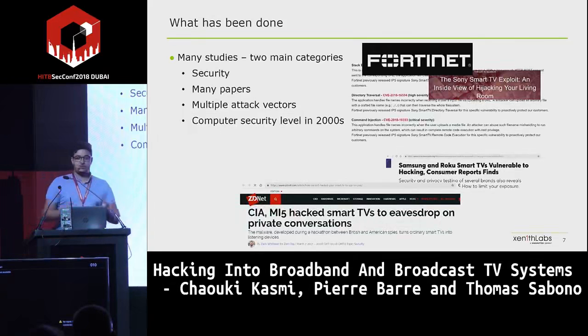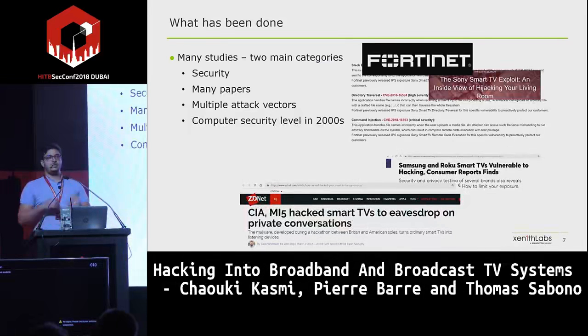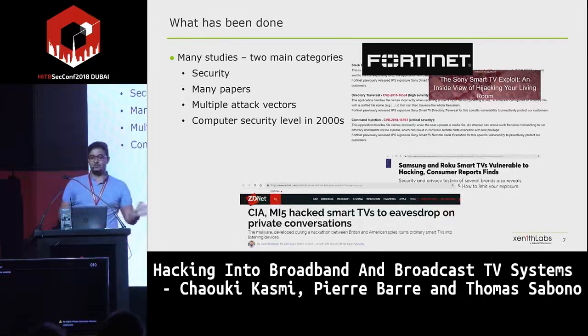There are also many recent papers, one is from Fortinet, where they have found critical vulnerabilities in Sony smart TVs, multiple attack vectors from the network, Wi-Fi, from DVB-T, and reading all those papers, we have seen that basically the security level is very similar to computer security 20 years ago.